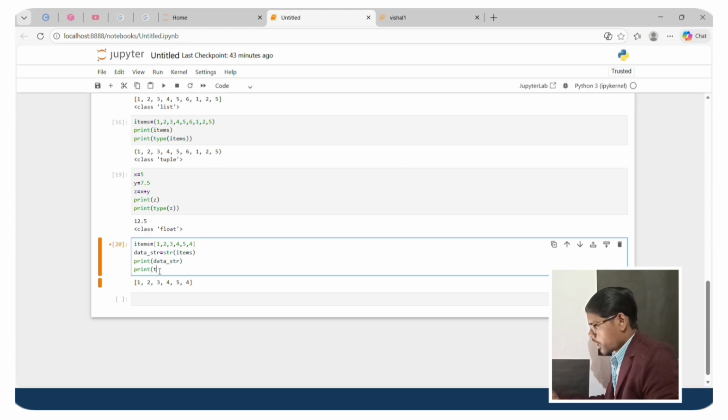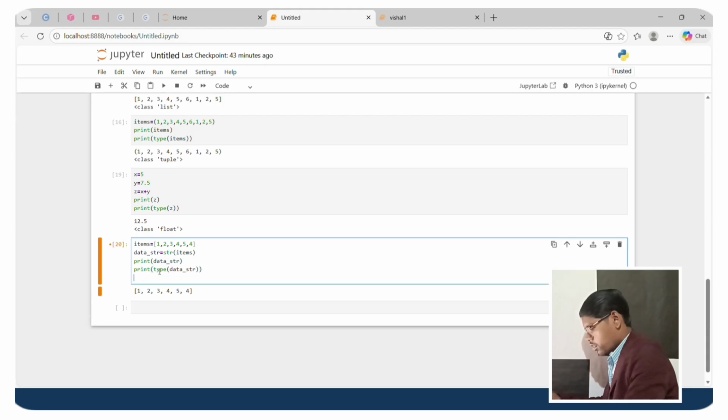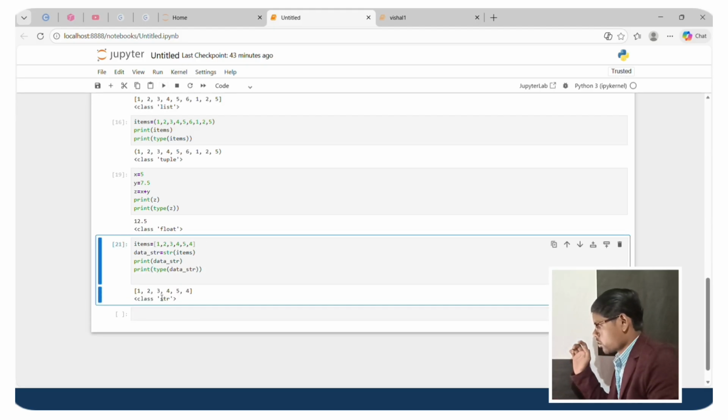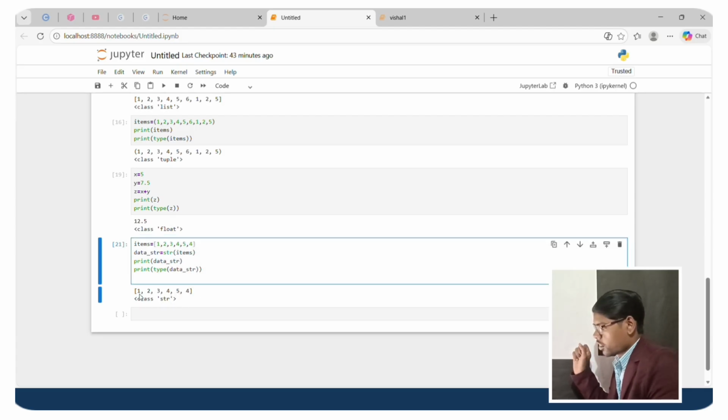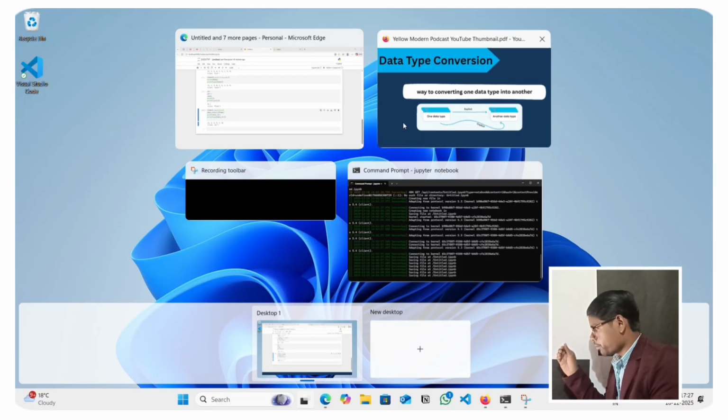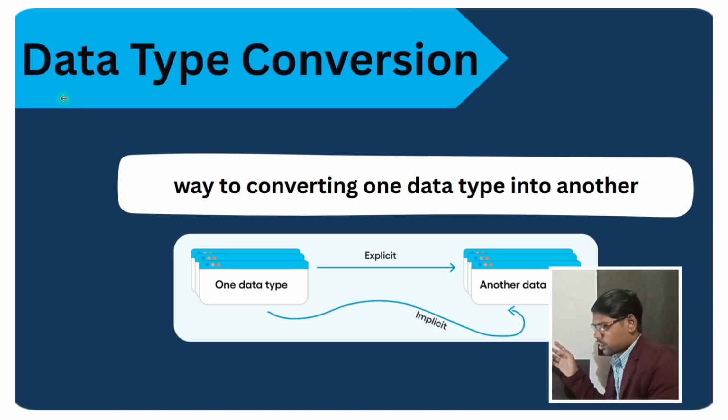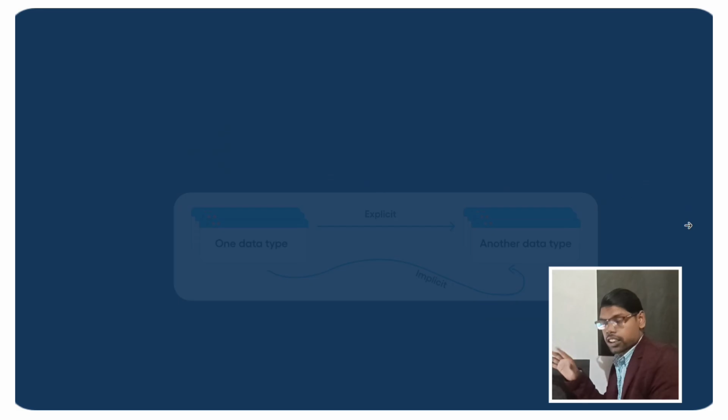This is the list data type. This is the string. This is explicit because I use str, so it is manual. So in this concept, it is clear.